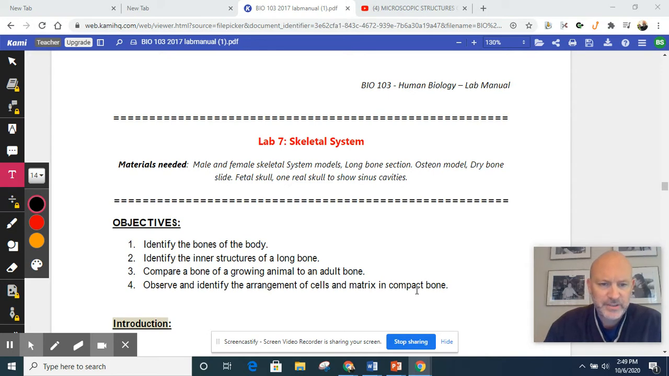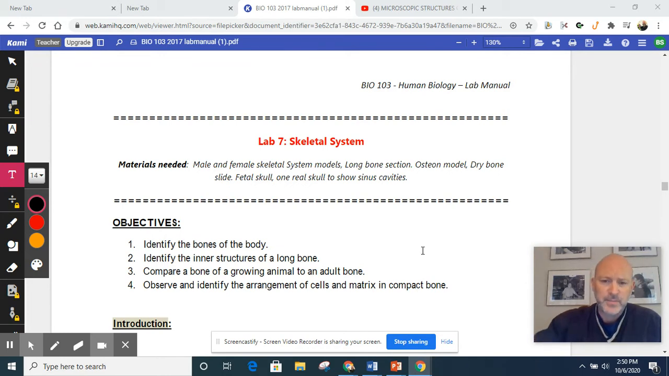Looking at the objectives, we will first look at the bones of the human body and identify the names of the bones. So we'll start with some anatomy. We'll take a look at the long bones, specifically the kinds of things that we can find inside the long bones. A long bone would be something like the femur or the radius, tibia, something like that. And then we were going to